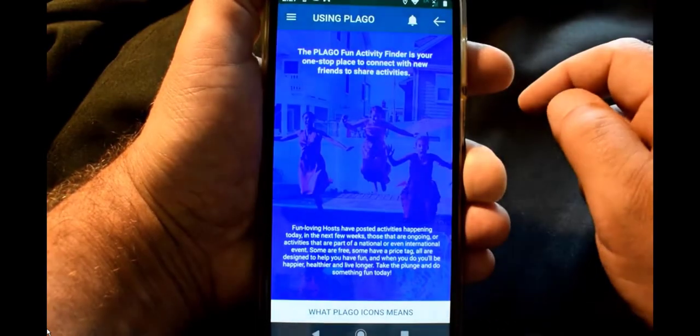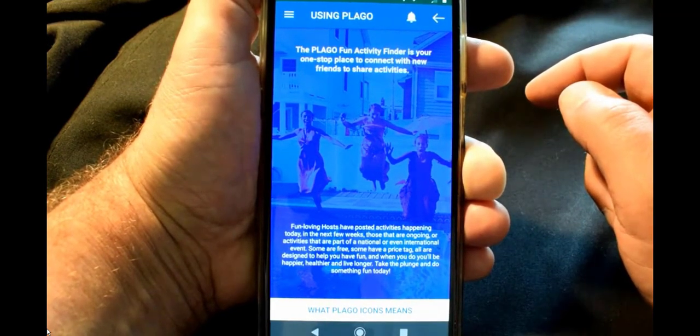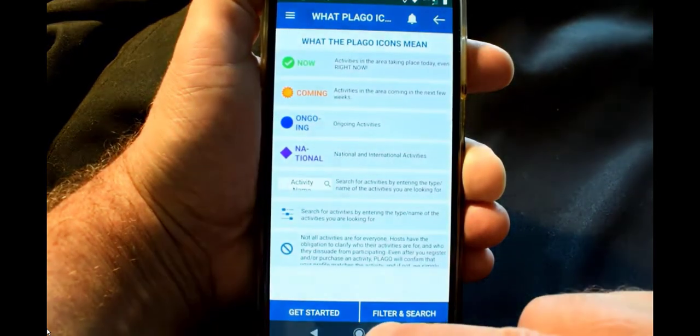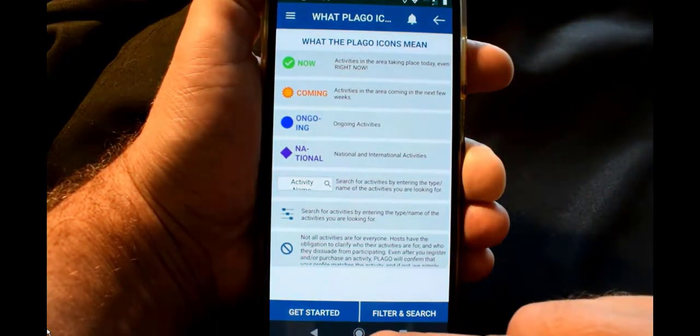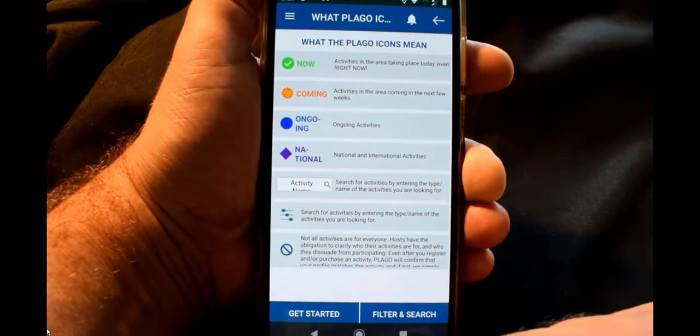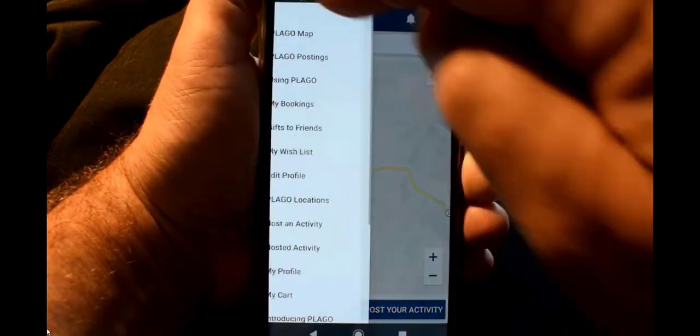There's a little bit of an overview here for people on using PLAGO, the Fun Activity Finder. It shows you what the icons mean, okay? And then it allows you to filter and search, and also to get started. And so again, it takes us back to the map. Once you get started,